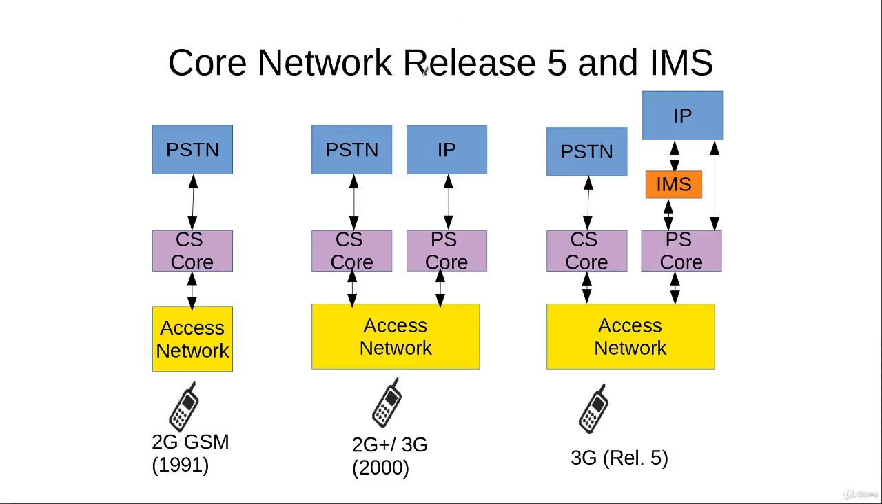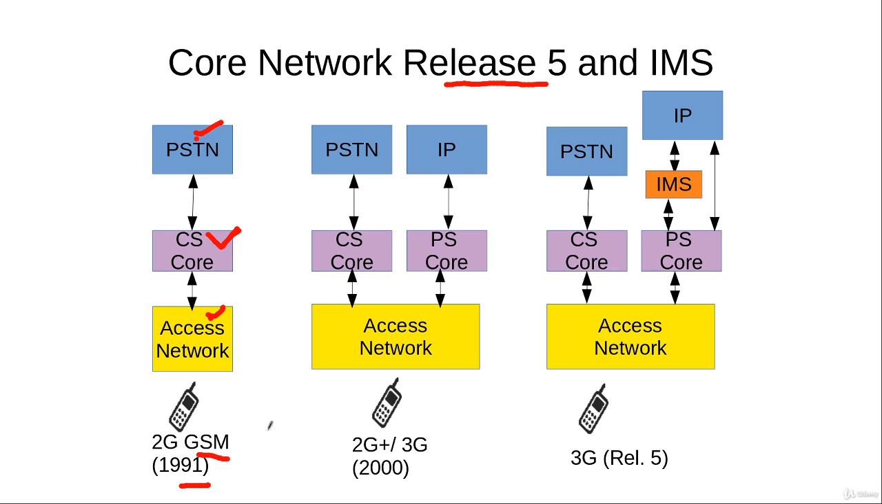Now we come to the release 5 of the 3G core network. When GSM was introduced in 1991, it only had the circuit switched core. That means that voice calls were handled as circuit switched voice calls using the circuit switched core, and you can see that the circuit switched core is connected to the fixed telephony network or the PSTN network on one side,